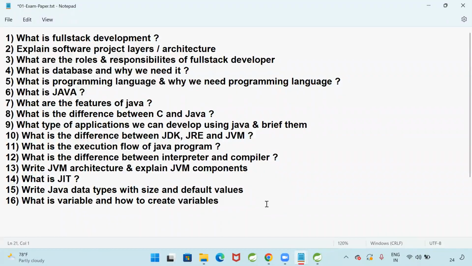What is a variable and how to create variables? Syntax for variable creation.